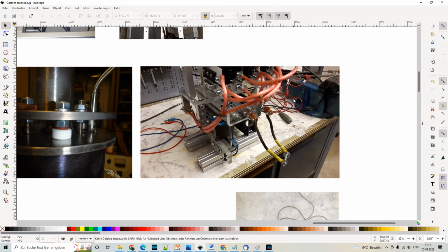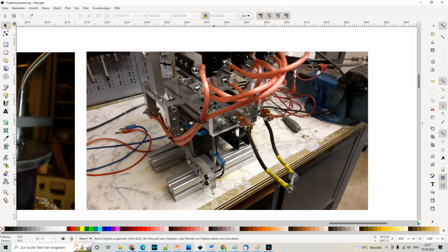So what you can see here, this is the power supply that I have built for the electrolysis, and it's not a high-tech thing. It looks pretty fancy, but it's a pretty low-tech thing. You really can't see it very well, but what you see here is a microwave oven transformer, and I simply took out the secondary, where you have the high voltage. I took it out completely and I made a couple of windings with very thick wire. I don't know what it is, maybe 25 square or whatever, 5, 6 windings, and that was basically the transformer